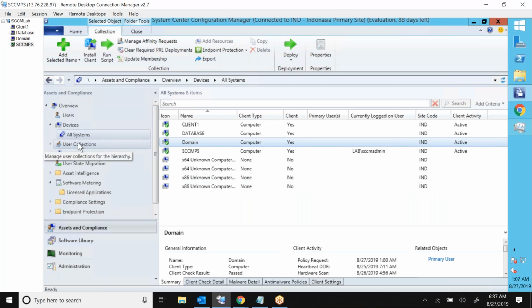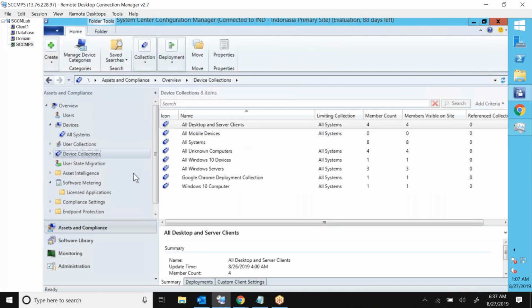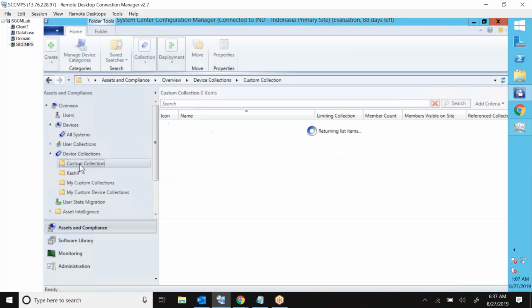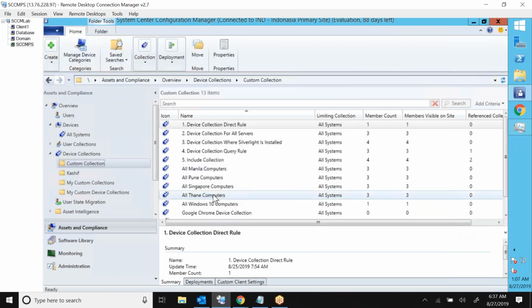Let's get started. So, maintenance window. For example, there are some critical computers and you are not allowed to deploy anything on those critical computers. Let me go to a different collection, for example, all Thane computers. You are not allowed to deploy anything on weekdays, right? Weekend is fine. So you right click on this all Thane computers collection and go to properties,